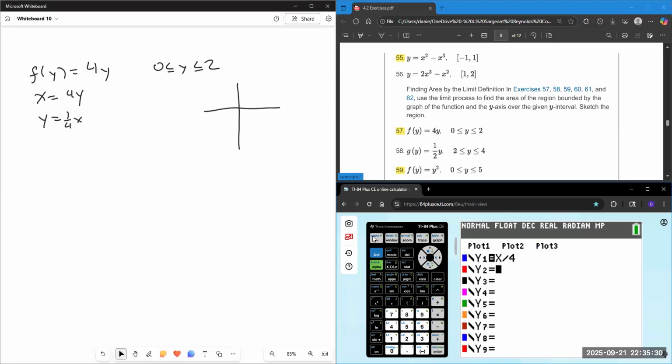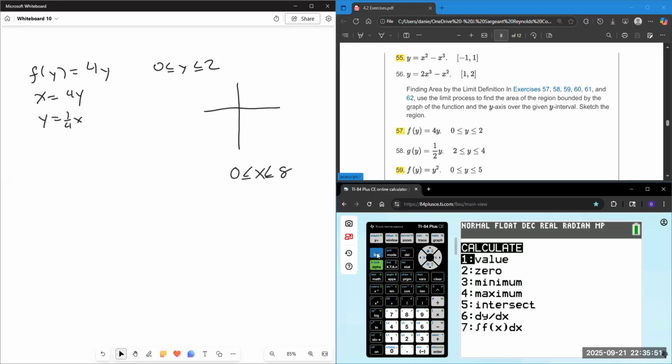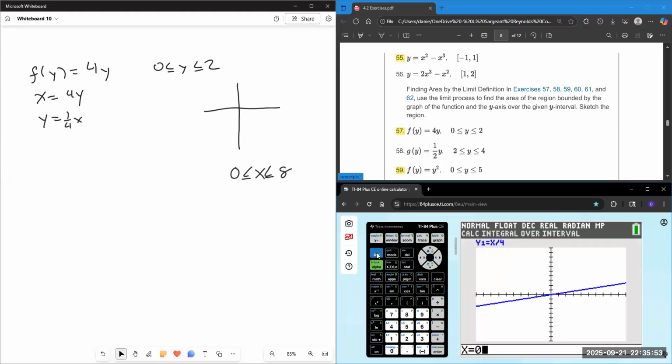And if x is going from 0 to 8, when I stick in these limits here, so second calc 7, 0 to 8, and my answer should be 8 for my area,